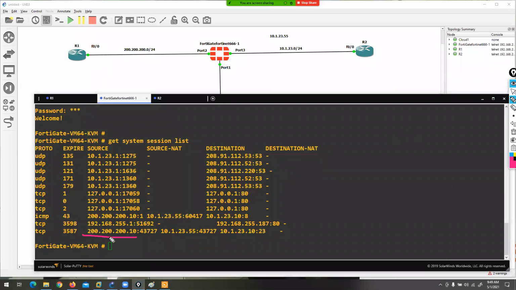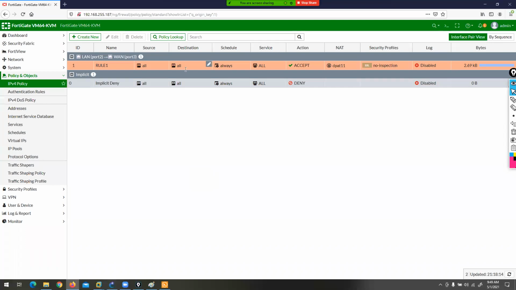This IP address is translated with 10.1.23.55. This IP address we are using. Remember, everyone? This option, guys. So this is the option for what? Dynamic IP pool. We completed our overload option.